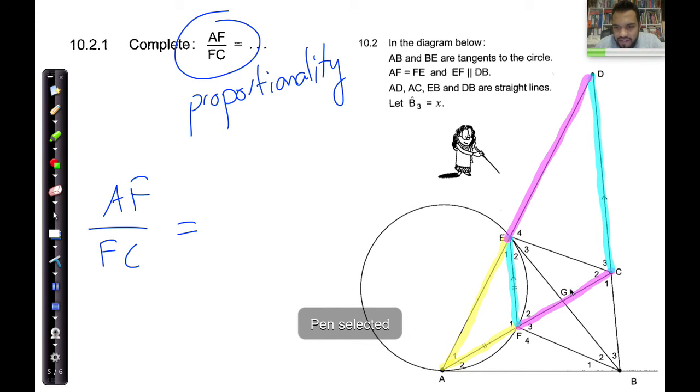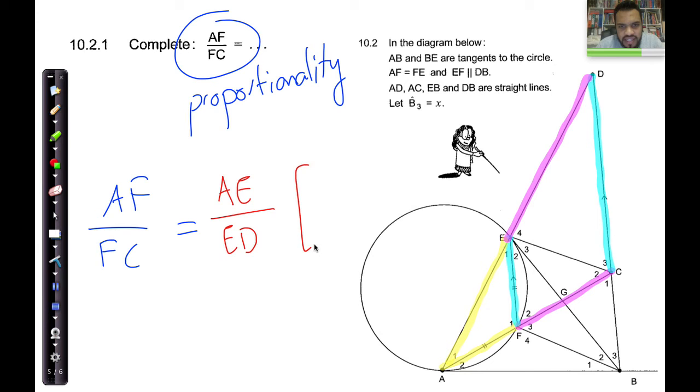So AF over FC is the same as AE over ED. And the reason for that is the proportionality theorem. Not that a reason was required in this particular question, but it's the proportionality theorem. And now let's look at it carefully. We can say, well, proportionality theorem